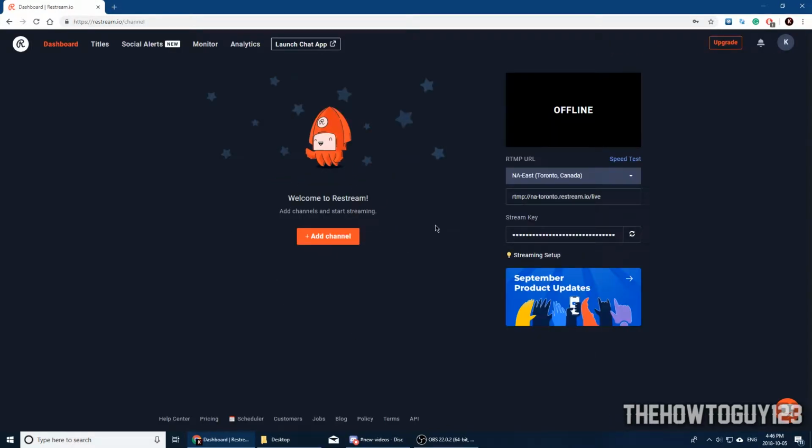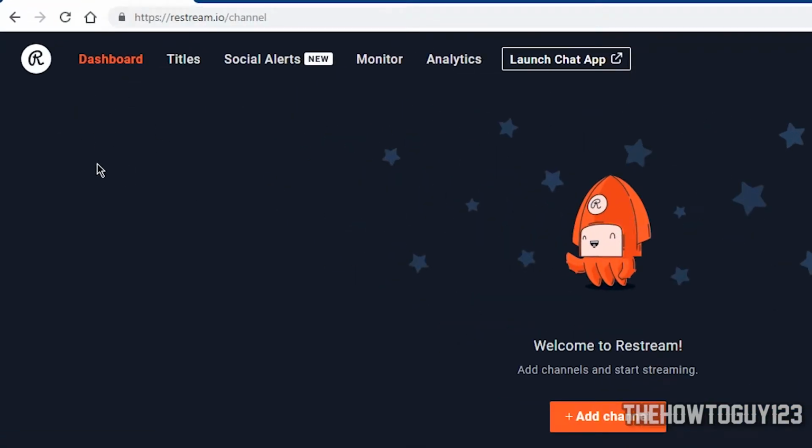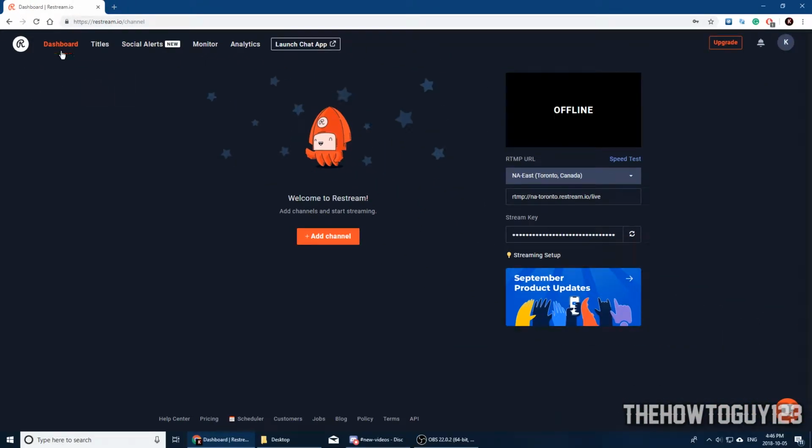So once you've signed up and you're logged in, you'll see a page that looks something like this. You'll see a bunch of tabs up here, for example dashboard, titles, social alerts, monitor, analytics, and launch chat app. First we'll focus on dashboard. Here you'll see welcome to Restream, add channels, and start streaming. So click on the orange button that says add channel, and this is where we're going to add our